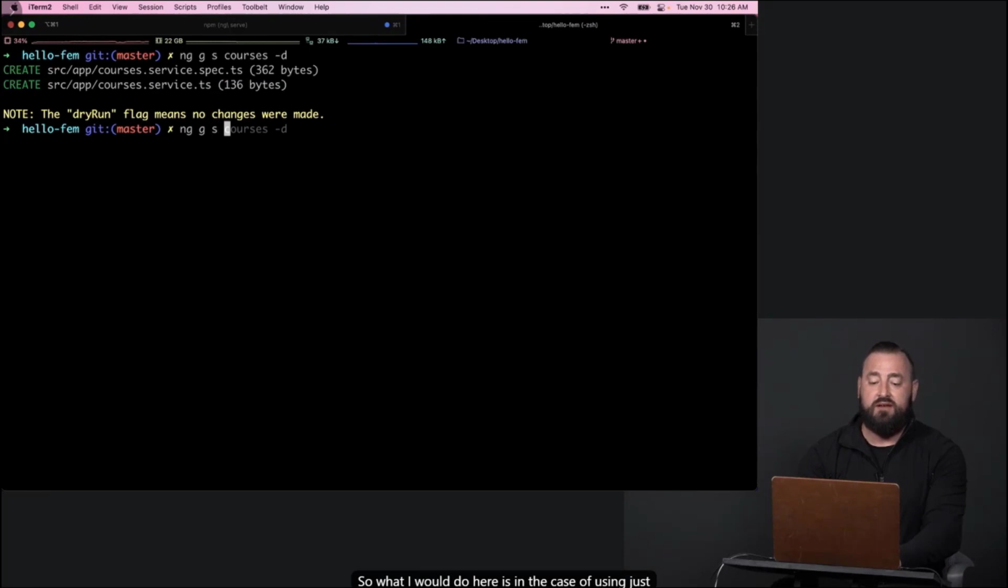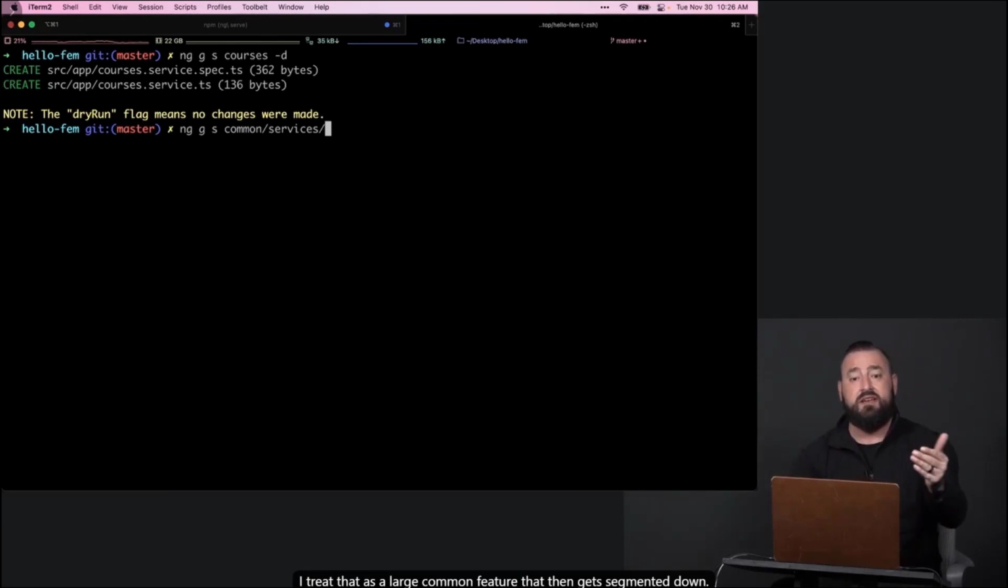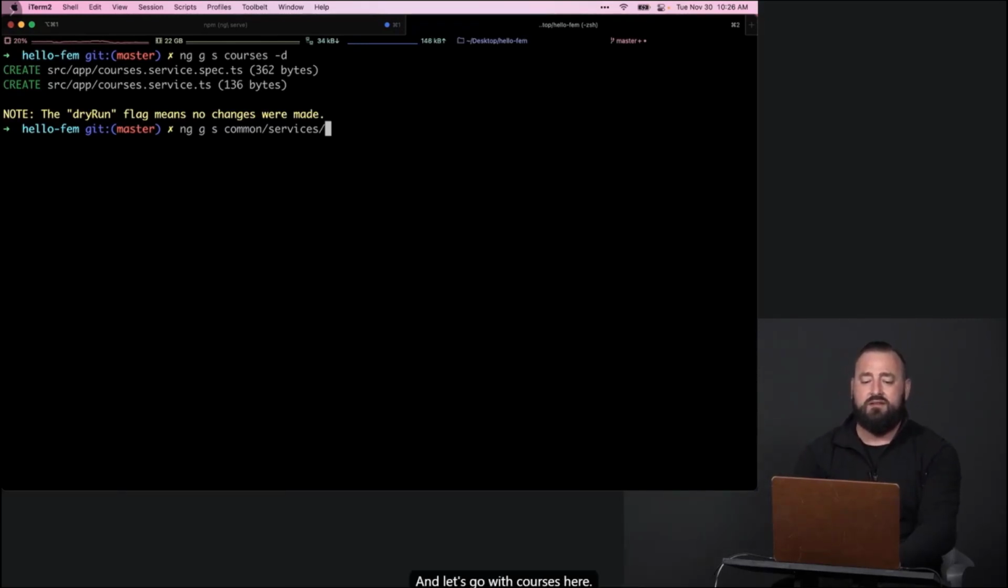So what I would do here, in the case of using just the Angular CLI, is I will put my common files, so anything that's not component related, into a common folder. So essentially I organize by features. So home, let's say that's a feature, courses, and anything that is common or that can be shared across features, I treat that as a large common feature that then gets segmented down. And let's go with courses here, and